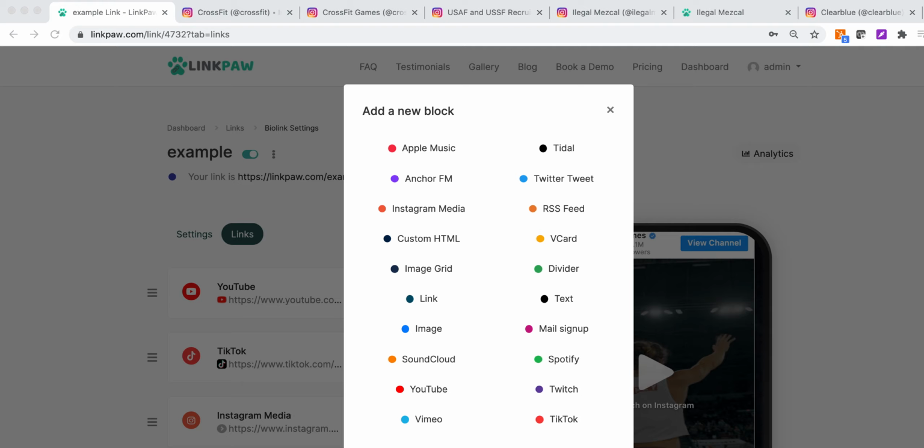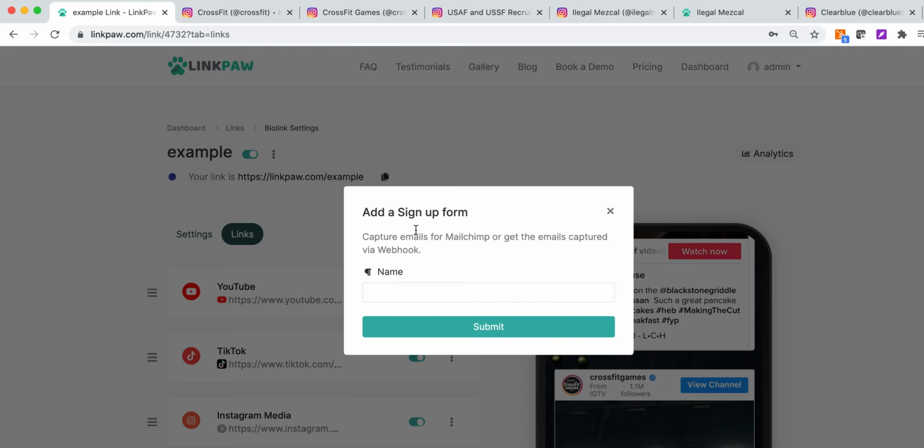Then there's the image grid that you've seen here with Illegal Mezcal. They have an image grid here, and here it's basically those big blocks of pieces of content that you can also use to link out. You have more content embed, and then the one to note is the